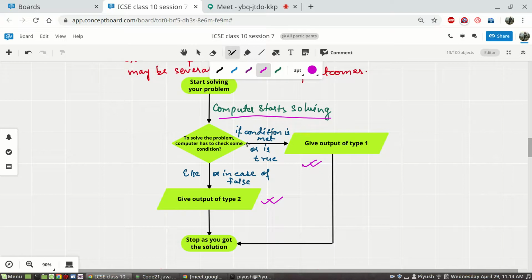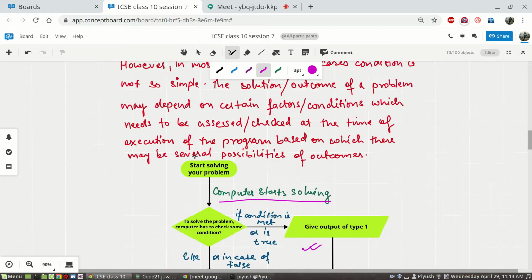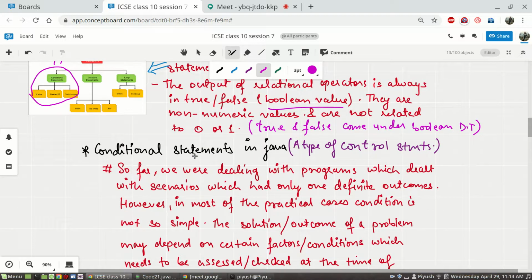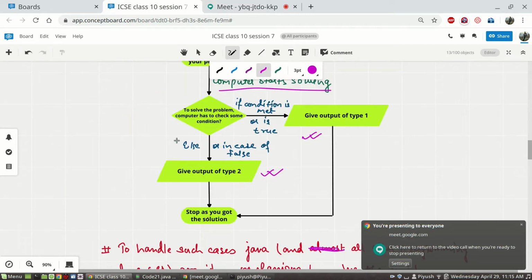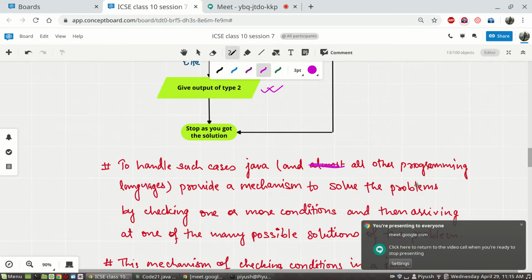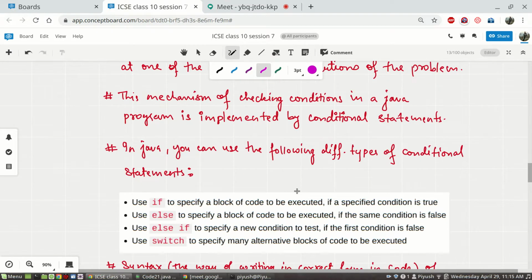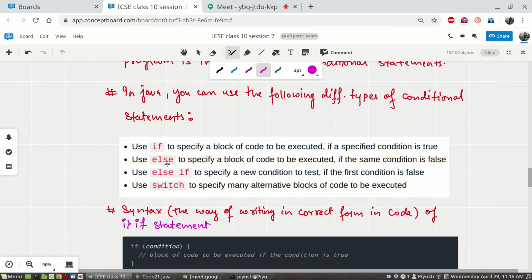Whenever a decision has to be made, whenever a choice has to be picked, or whenever some factors are to be considered, using conditional statements in Java is a must. With this background, we will start the different types of conditional statements. You have different versions of conditional statements, which are if, else if, and switch.